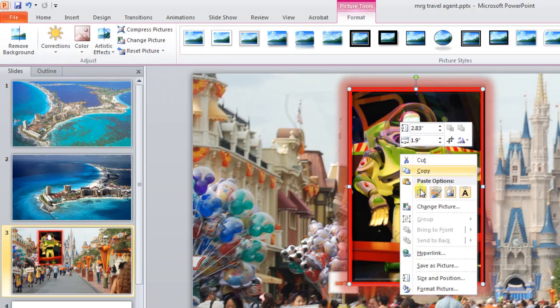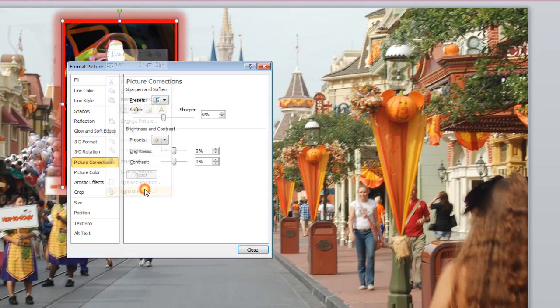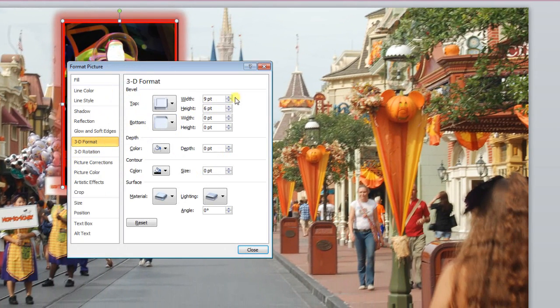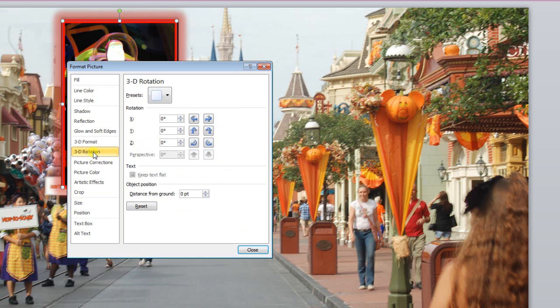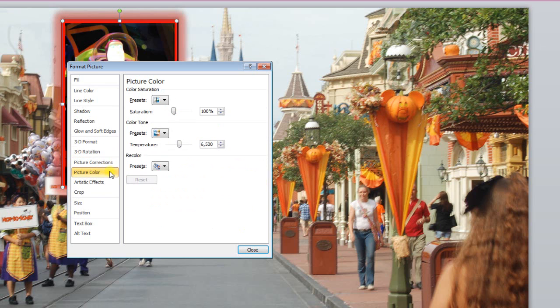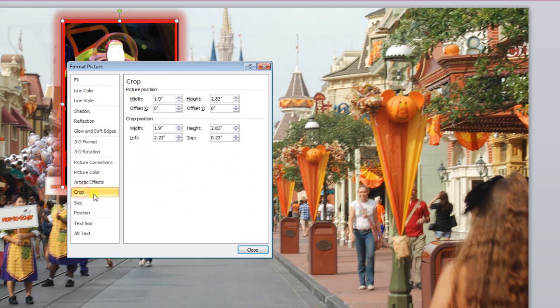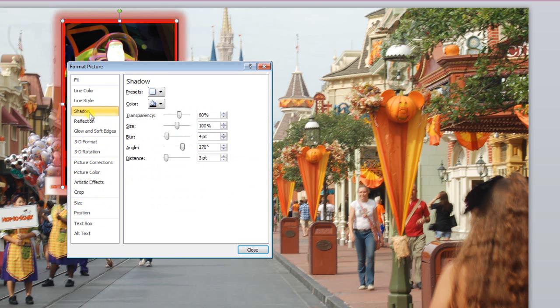And again, you can right click and go to Format Picture. And you get all those same options here with a little bit more things you can do, but this might be a little bit too much involved. But again, you can do it if you like. 3D rotation, picture in color. You could even crop it if you want. There's the shadow thing that we did through the other menu. So a lot of different ways you can